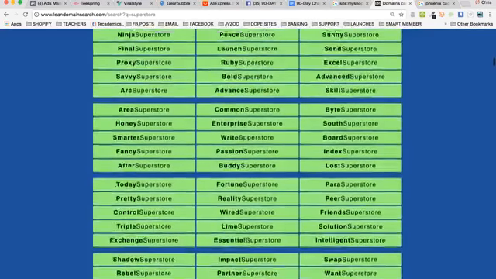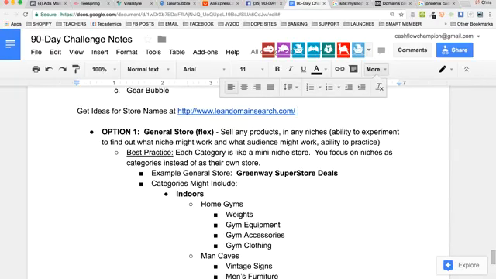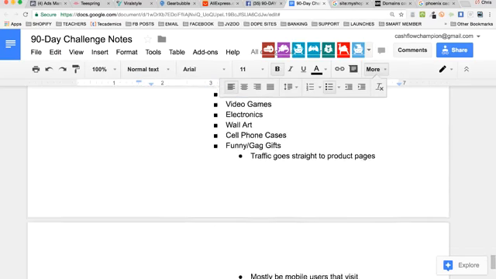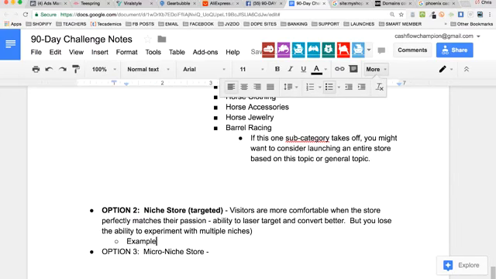And look at all these. You could just go down. So the concept here is whether you're doing a general store, that could be like Phoenix, like let's put that in as an example. It'd be Phoenix Superstore.com. Okay, there's an example. Example general store, PhoenixSuperstore.com. Example niche store would be like